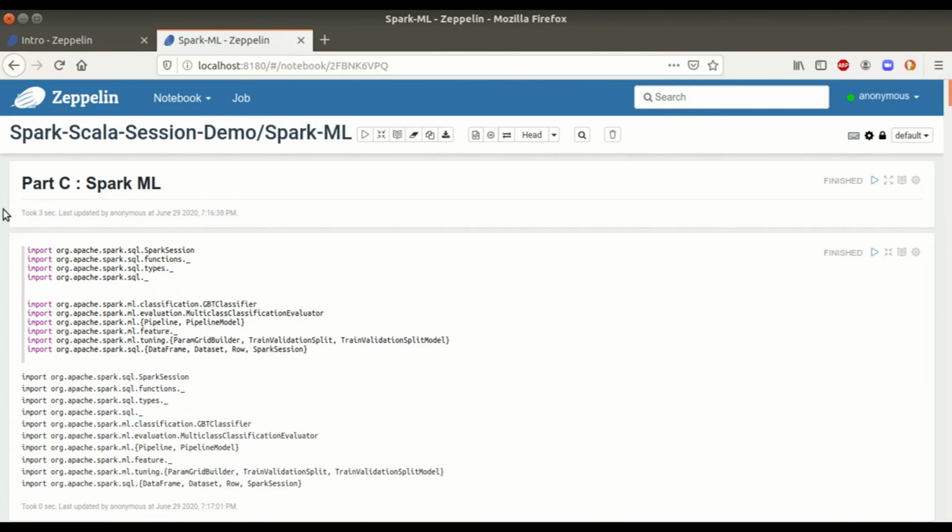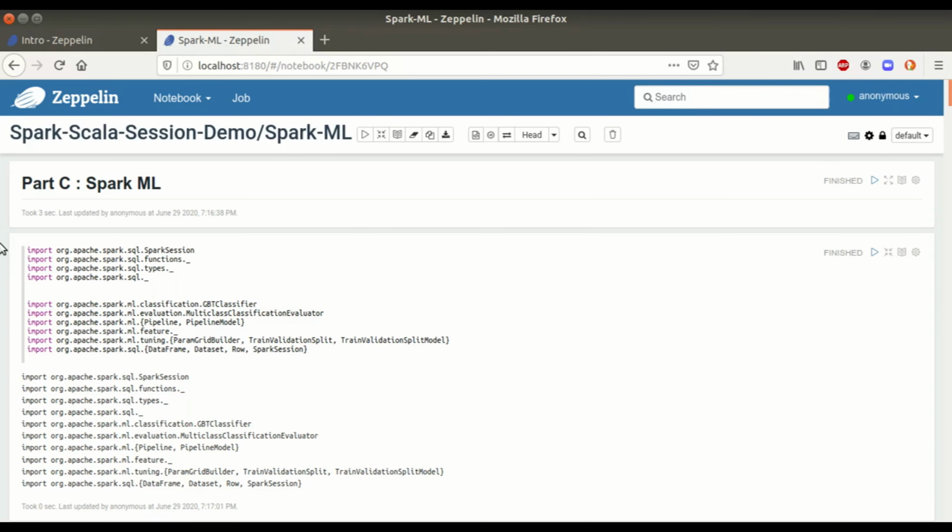To give a practical example for this module, I have taken the Titanic data set. The reason behind choosing the Titanic data set is that it contains different variants of data. It contains basically numerical data as well as some string data. So we are going to look into the data pre-processing steps, then some ML based practices we should use, and then how to apply the Spark ML model.